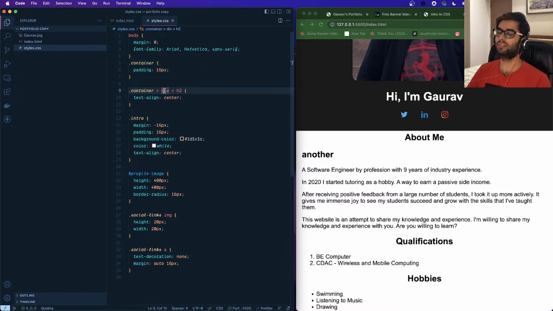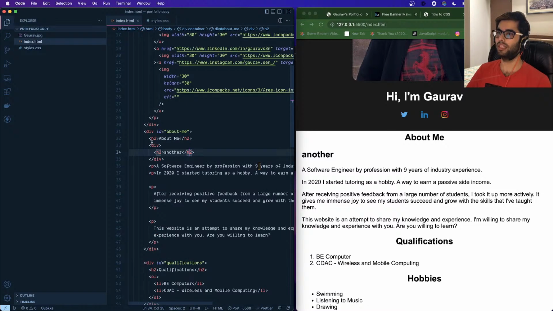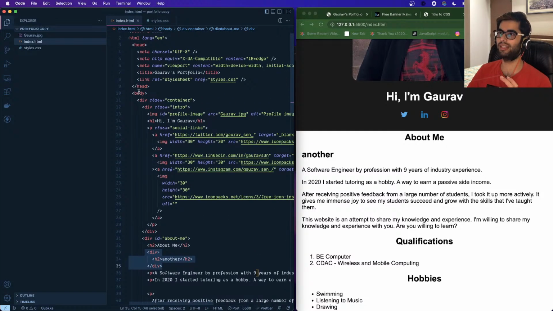Okay, this tells the browser that it needs to select the immediate h2 tag which is appearing. Now in this case this was the first div tag, and this is the first h2 tag which is coming. Now this is another div tag and this is another h2 tag, but since this is not immediately preceding,